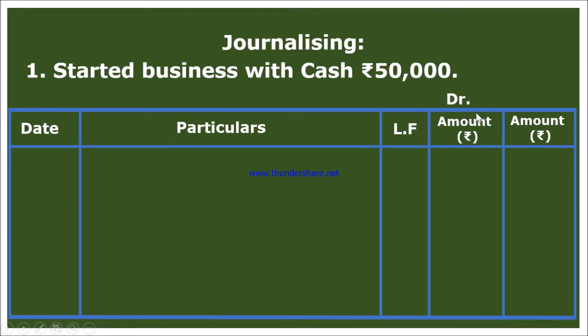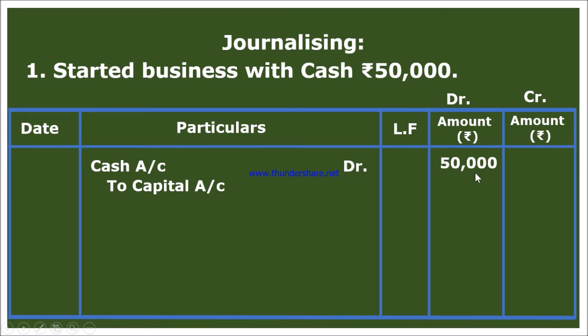And above these last two columns, you have to write: this column is for debit and this column is for credit. So this is the format. Now, as we have seen in the previous slide, we have to debit cash. So let us see how to pass this journal entry. You have to write it this way: cash account debit, to capital. You just recall we had credited capital, but we are not writing credit here. Simply we write to capital, and then the debit amount in the debit column and the credit amount in the credit column.